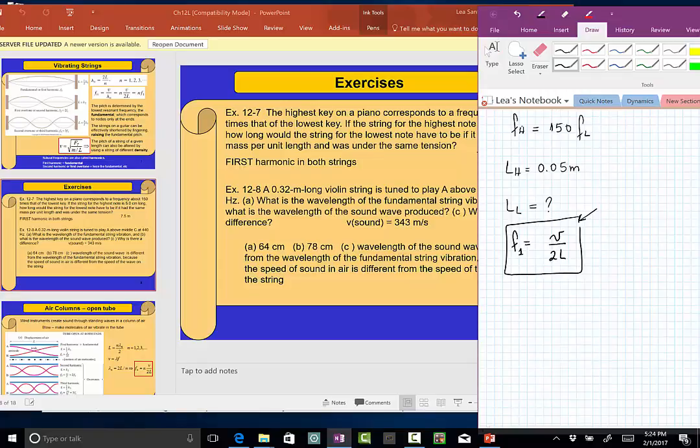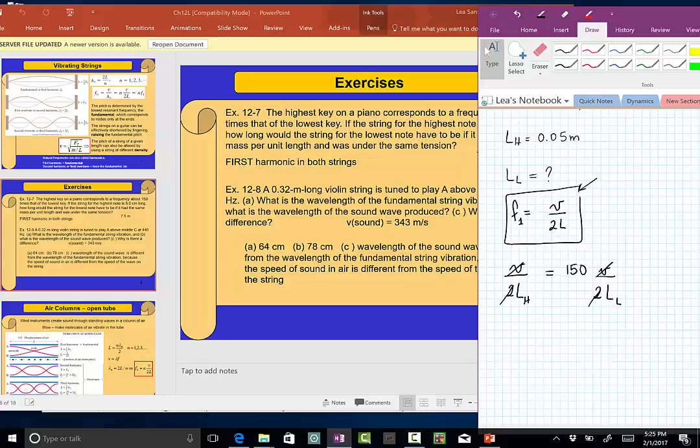Frequency of the highest is V divided by 2 length of the highest, and this is equal to 150 times the frequency of the lowest, which is V divided by 2 length of the lowest. You see the speed is the same because I'm not changing the density. The speed is the same, so I can even cross out these V's, I can cross out this 2,